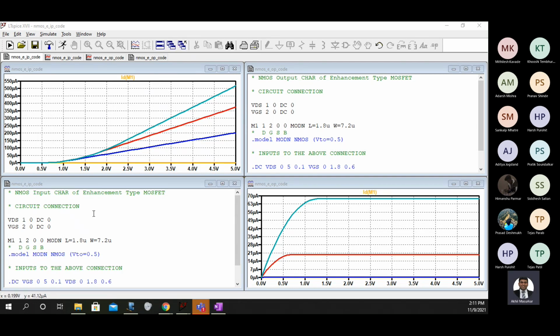Come on, show it to me fast, quickly. Post your outputs in the chat box.